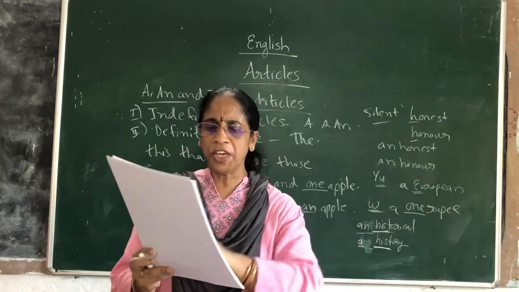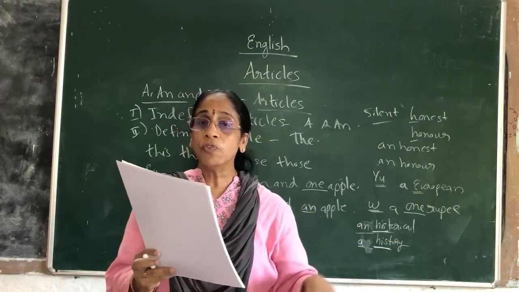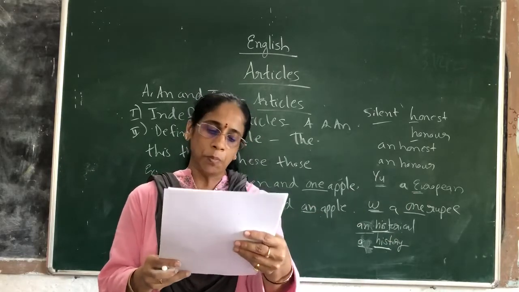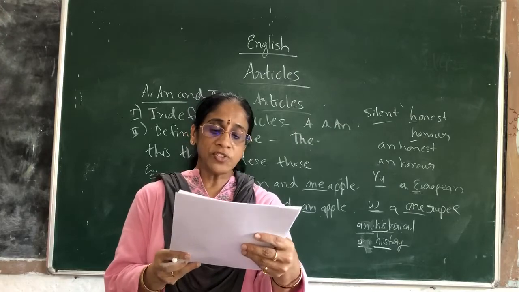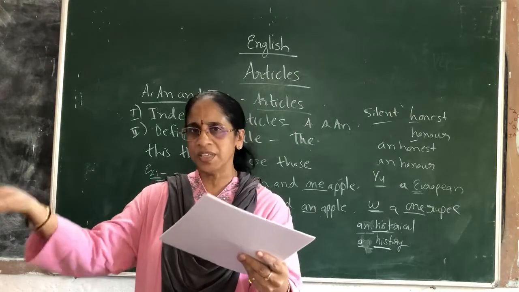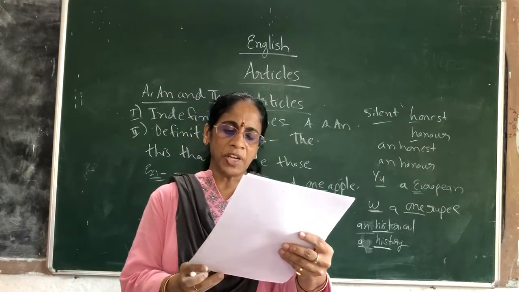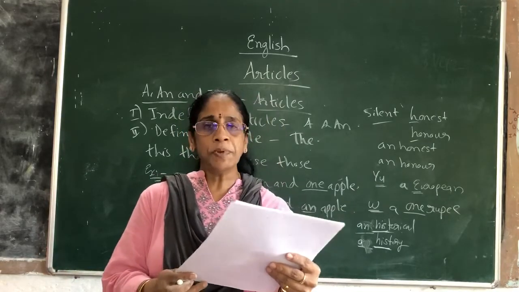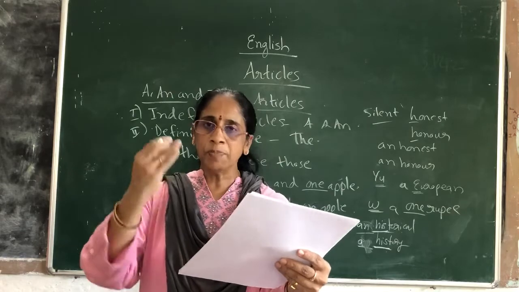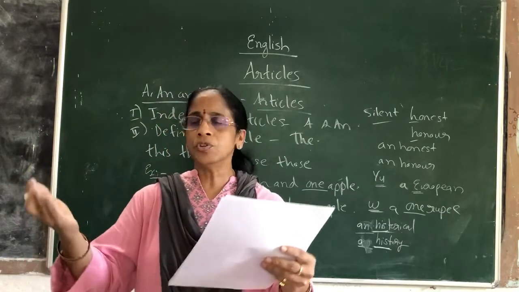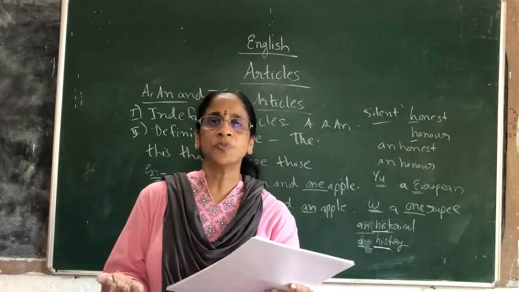Like 12 inches make a foot. Not a word was said. A bird in the hand is worth two in the bush. In the vague sense of a certain, if you want to speak about a certain thing, you don't know particularly about what you are speaking. Like a Ramchand Pitambar is suspected by the police. What do you mean by a Ramchand here? A certain person by name Ramchand Pitambar. Some unknown person, a certain person you are speaking about.